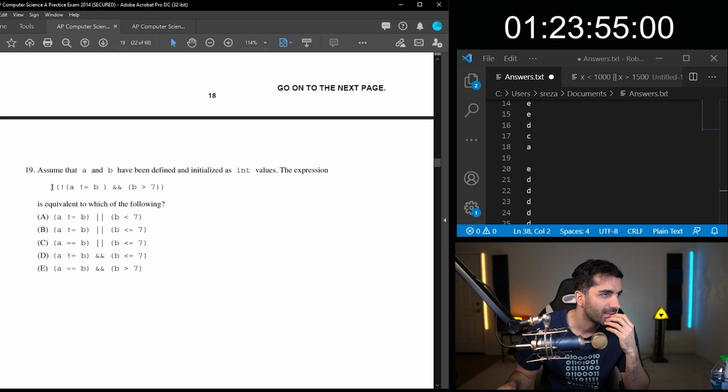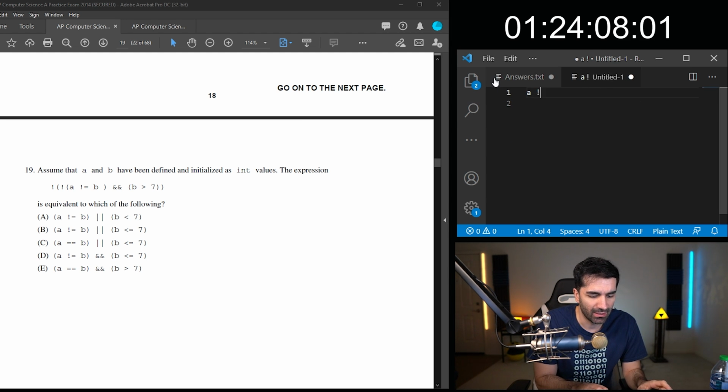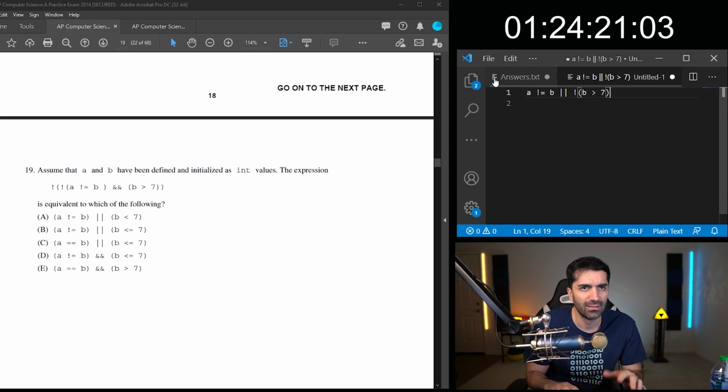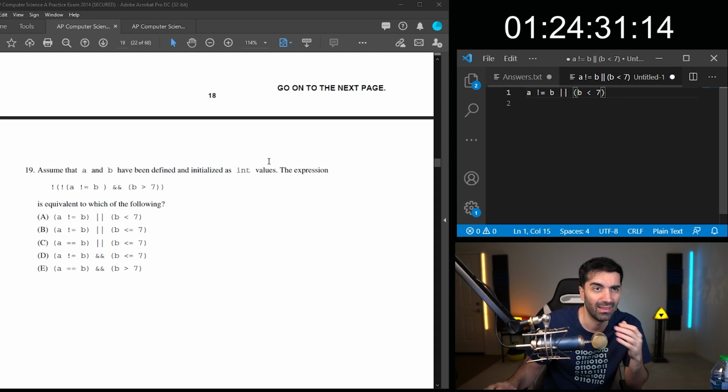So, isn't there like a distributive property where this would be A does not equal B, or B, like this would be an exclamation point, something like that, and then this would flip this to that.